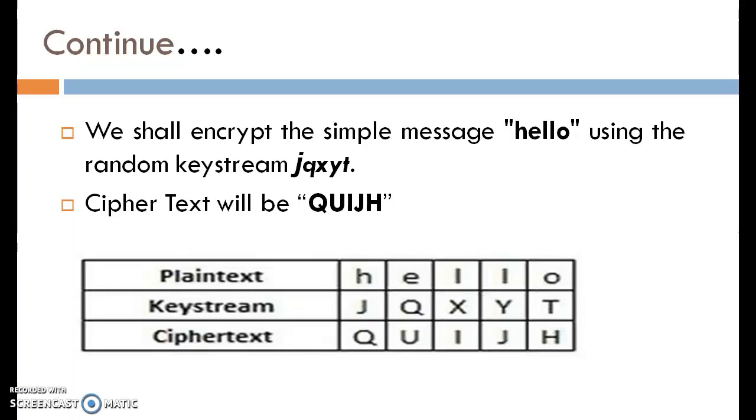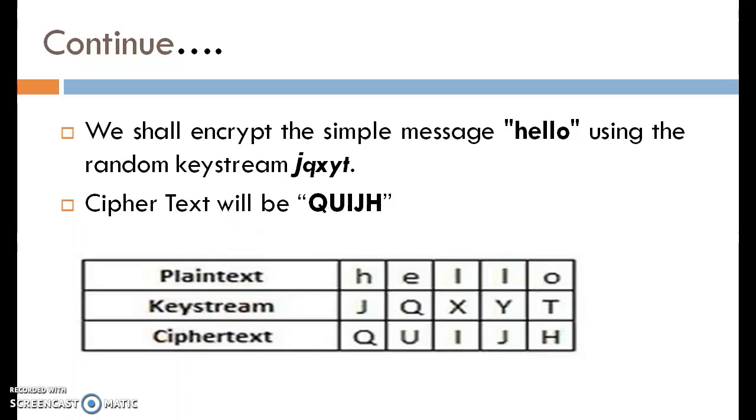H is added with the letter J and we perform modulo 26 of the result. So H plus J modulo 26: the numeric value of H is added with the numeric value of J, and we take modulo 26 of the result. The corresponding ciphertext letter that we get is Q.